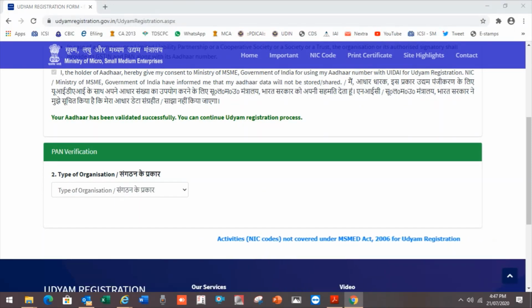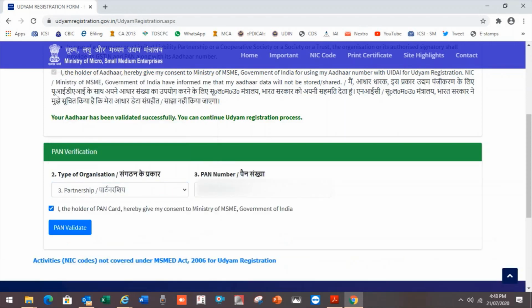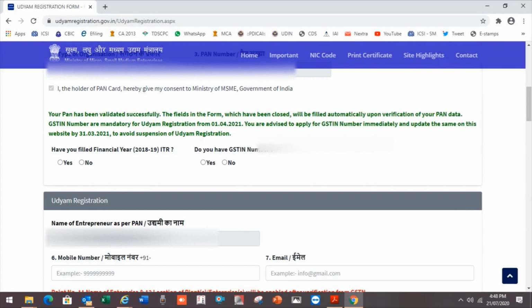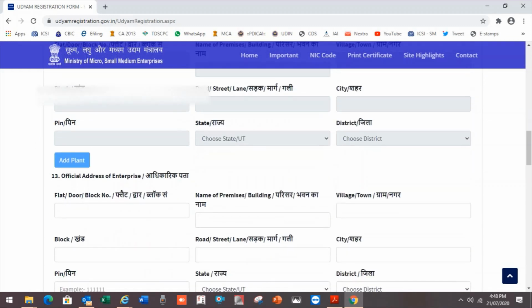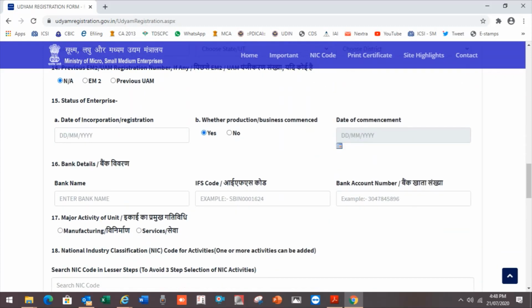Okay guys, after validating the Aadhaar OTP, it will ask you step by step a few questions which you have to verify, like for which type you are generating. I am generating for a partnership firm. Then PAN validate. After that it will ask a few questions, so you have to fill them in. Have you filed the returns? Do you have a GST number? Yes. Then address, email ID, PAN number, and date of incorporation, which you will get from your partnership deed or PAN. Then bank details,